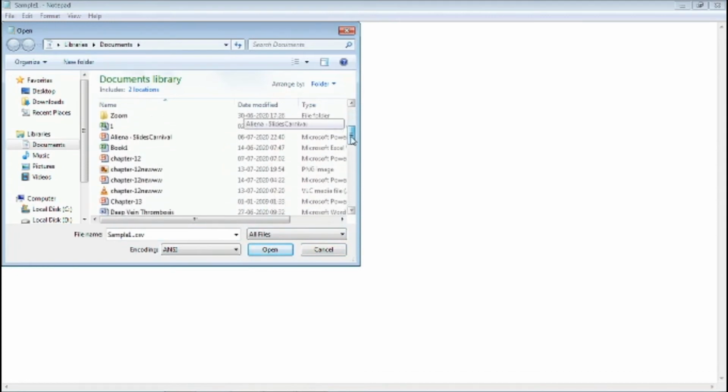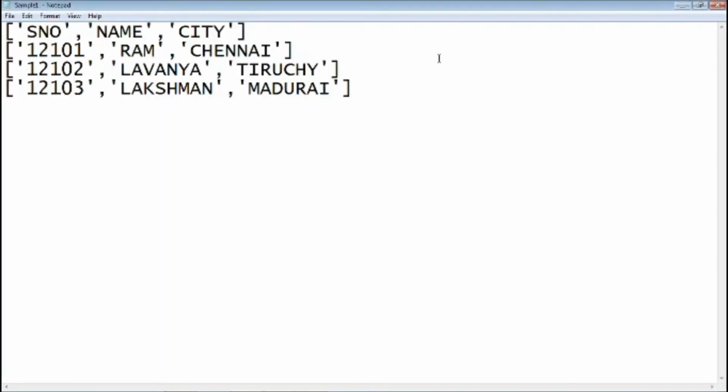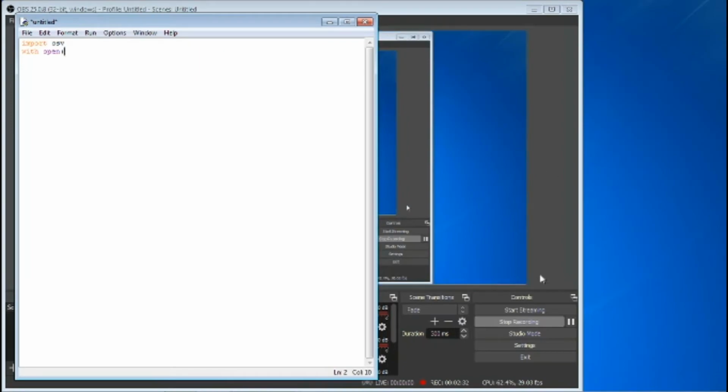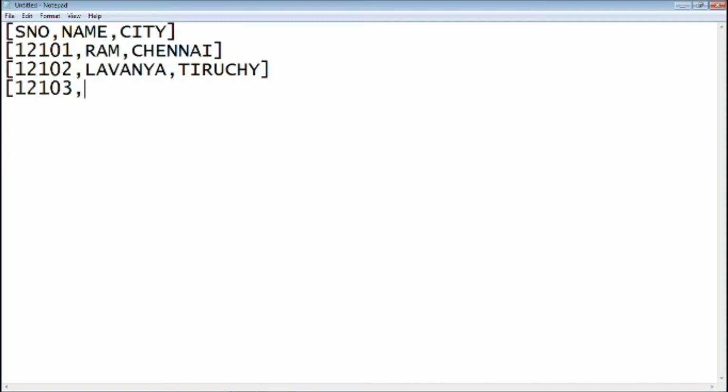Before we see the Python program, first we type the contents in a Notepad file, that is a text editor. Then you save the Notepad file in the Python folder. After saving the Notepad file, you open the Python file and type the content: import csv. Just we are going to import the csv module. After importing the CSV module, we open the file which we are going to read. So we use with open('C:/python program...') as f. Here f represents the file.